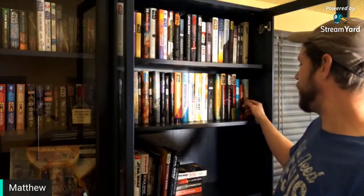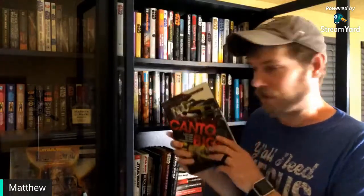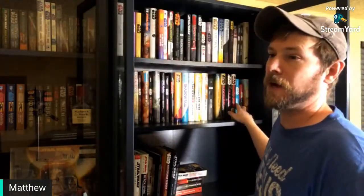But then we go on to Canto Bight, which has a couple short stories from different authors like Saladin Ahmed, Rae Carson, Mira Grant, and John Jackson Miller. Then we've got Poe Dameron: Free Fall, which was an okay read, but it was